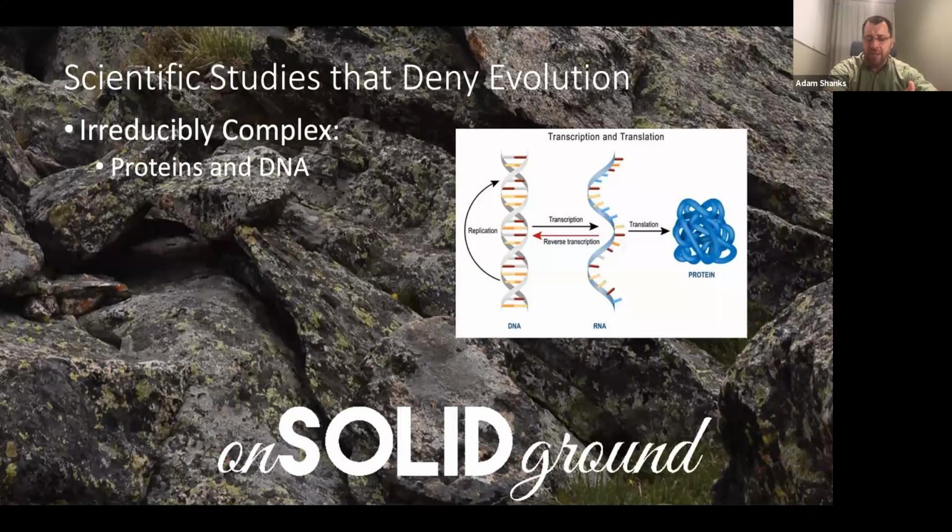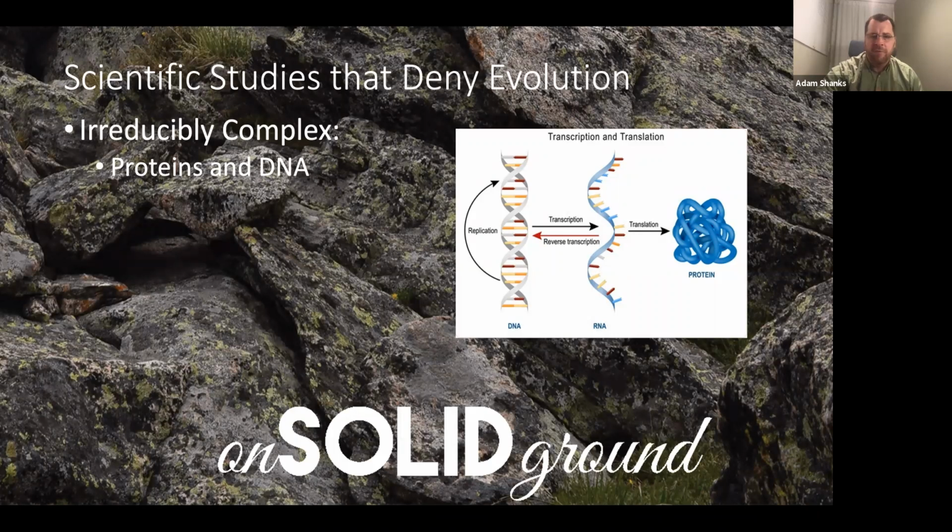Darwin, part of his theory is that as things get smaller, they have to get simpler. It's the only way his theory works. Well, what have we found since Darwin's death? As we've gotten high-powered microscopes and been able to look at things smaller and smaller and smaller, are things getting simpler? Not at all. And so his theory kind of gets washed away by that information he didn't have.